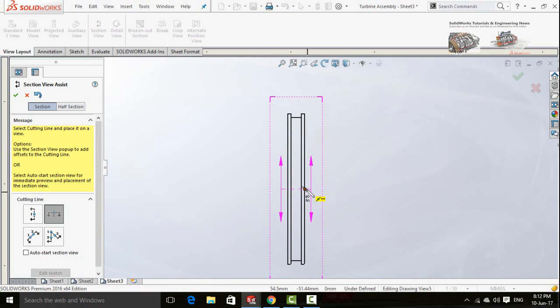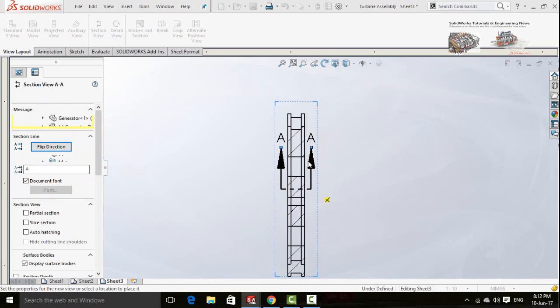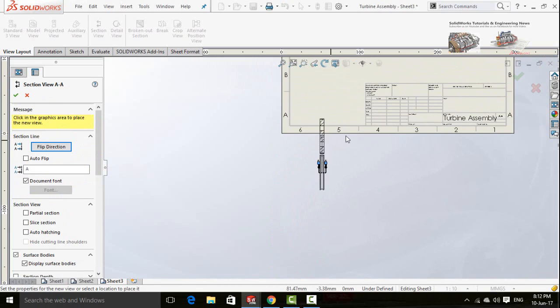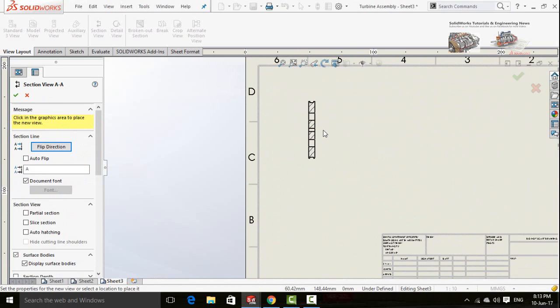Click here. Now press OK button. A section view has been generated. Place it in the drawing sheet.